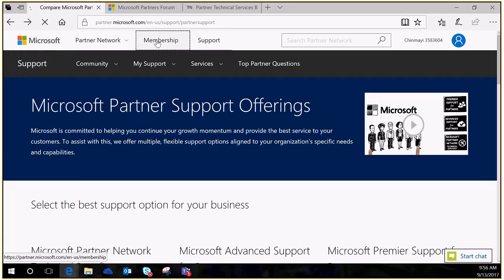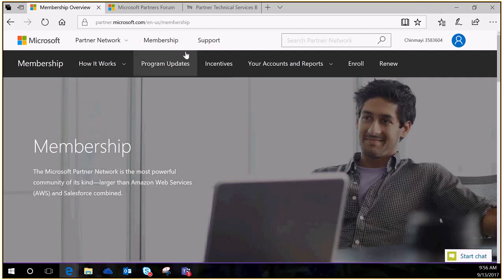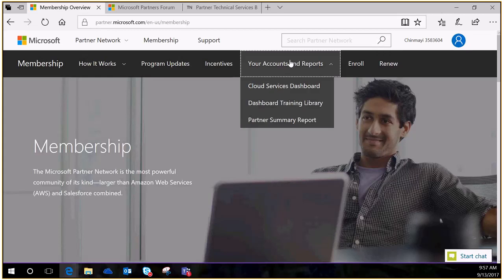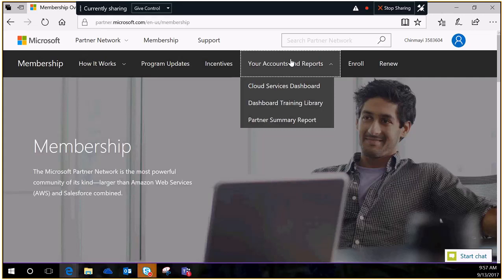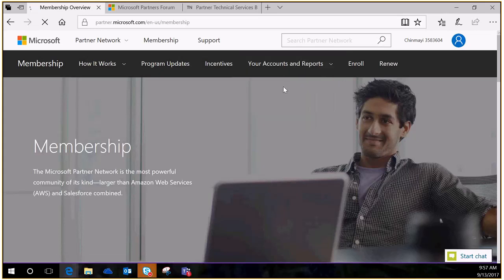Now let's go to membership, and I think I got a question about the cloud services dashboard. We'll get to that soon enough. If you're looking to enroll, you'll click on that. If you're looking to renew your membership, you'll click on that. And when I was talking about cloud services dashboard, so within membership, you have your accounts and reports section. And within that, there's the cloud services dashboard, training library, and partner summary report. If you click on cloud services dashboard,